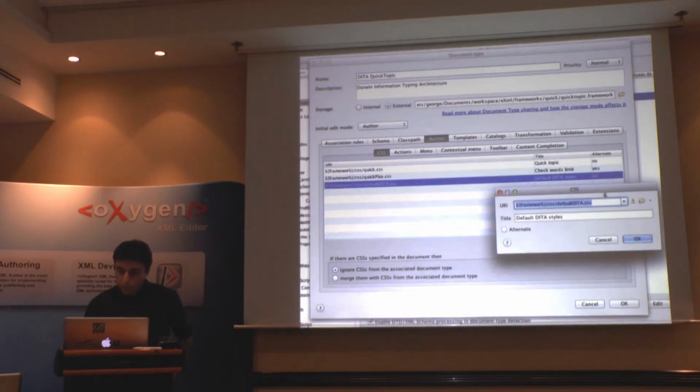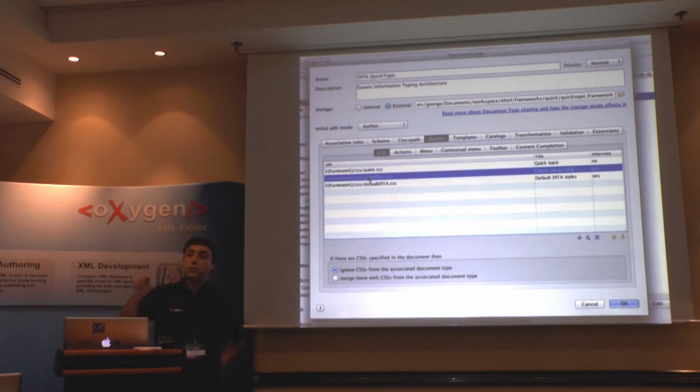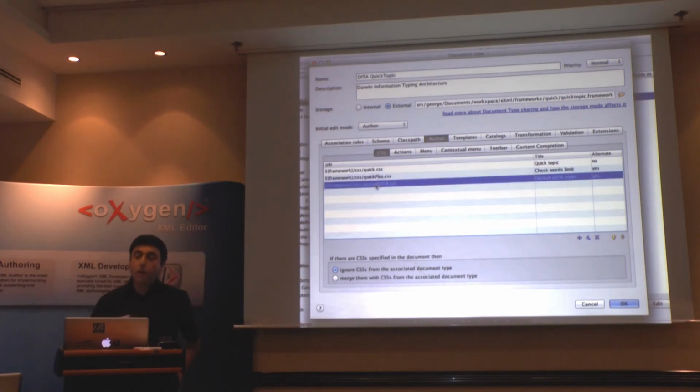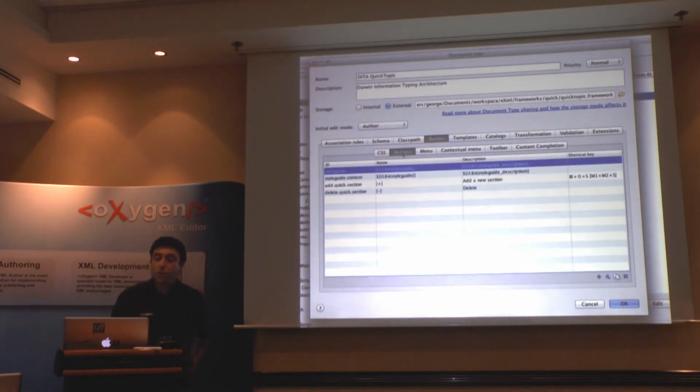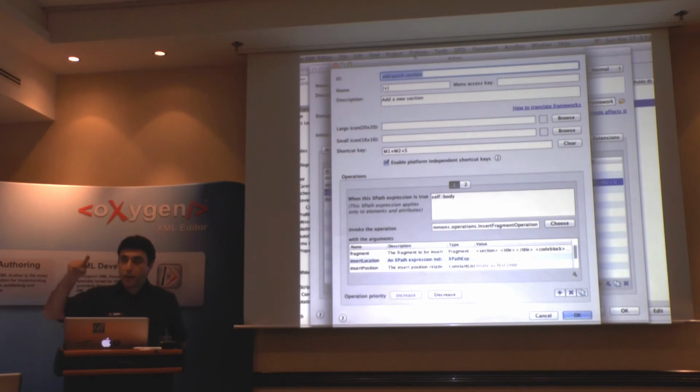Actually, this should have alternate equals, yes. And then I put this quick plus just a few minutes ago to show you the word counter, and the default data to show you how the topic looks when you switch to the default data rendering. Here we have the actions. I kept the style guide actions, the data style guide actions, but in order to add the section, the plus action,